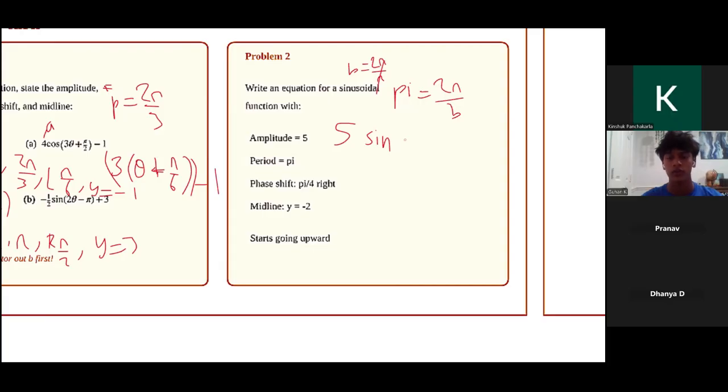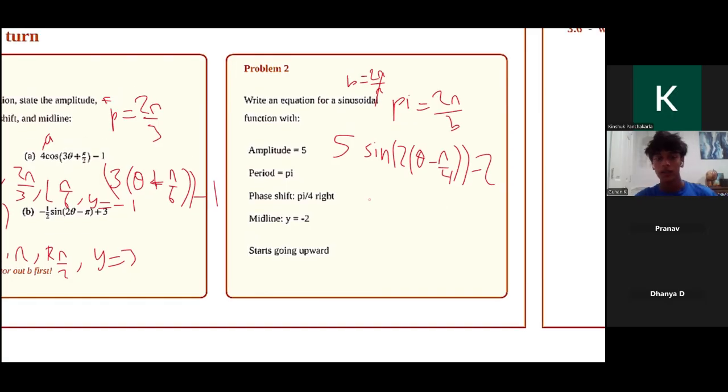Our phase shift is going to be right pi over 4, sorry. Theta minus pi over 4. And then midline is going to be our d value, which is -2. So 5 sine 2 times theta minus pi over 4 minus 2 is going to be our